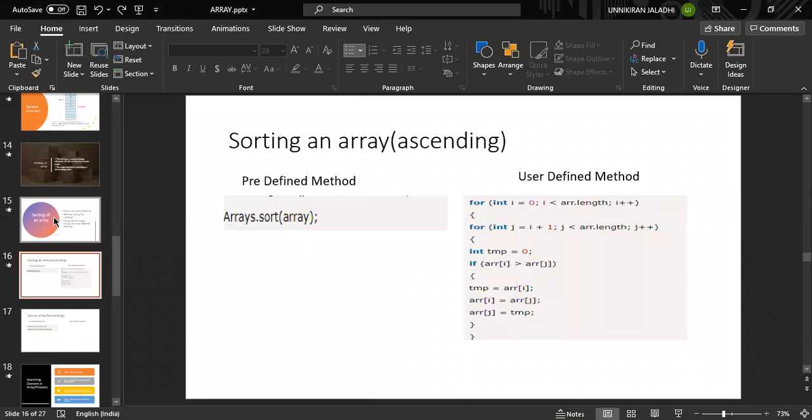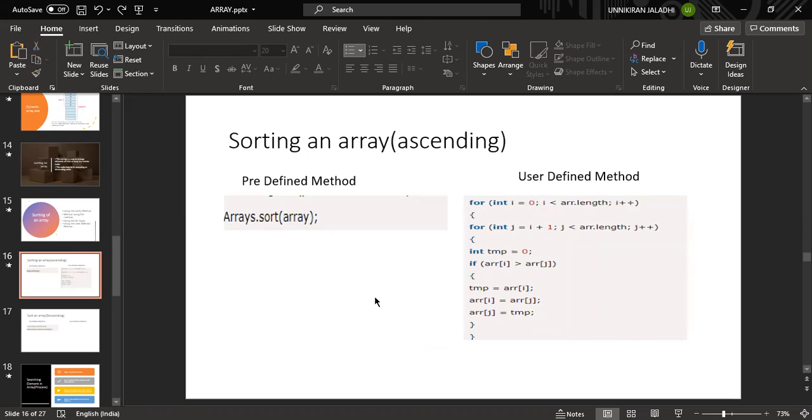I think you people are very familiar with bubble sort and selection sort, in the second or third semester. In the third semester, you have data structures, right? So I think you are familiar, so it is easy for me to explain everything. How we are going to use an array and how we are going to sort the elements inside an array, you are already familiar with that and I already discussed it. So how to sort by using predefined and user-defined methods.